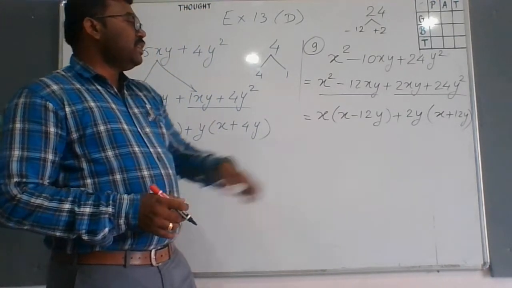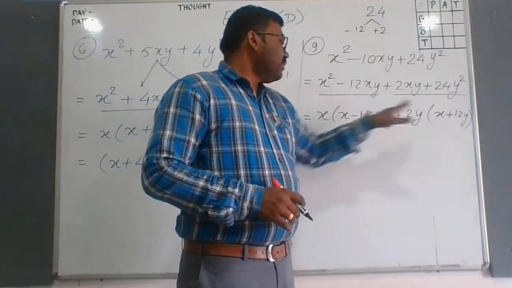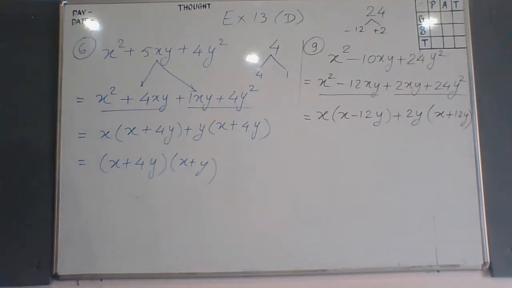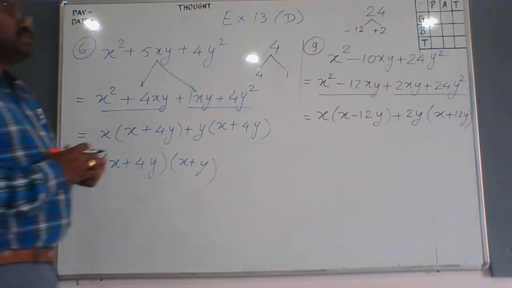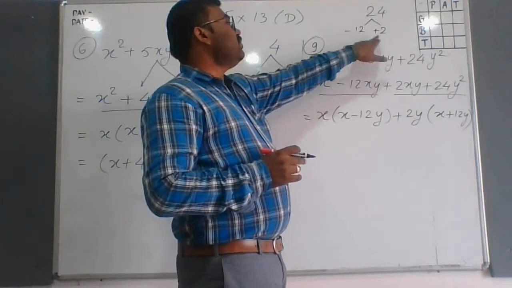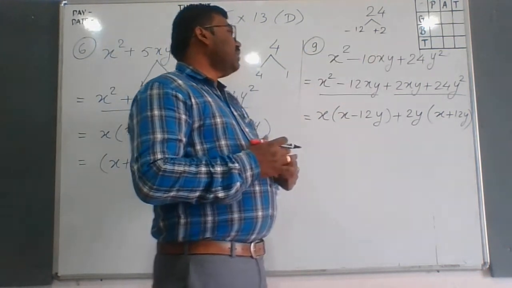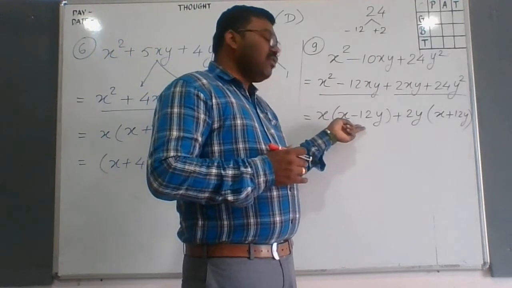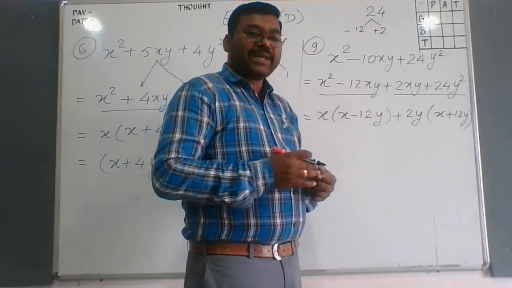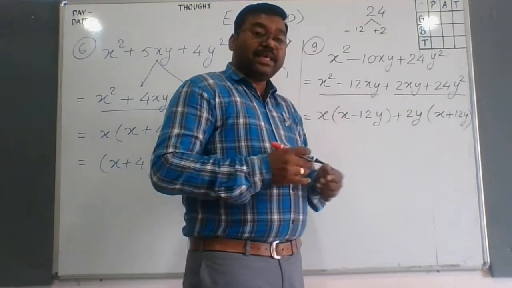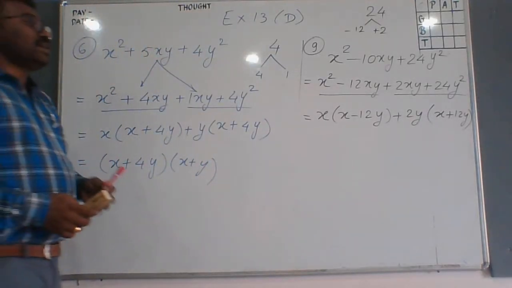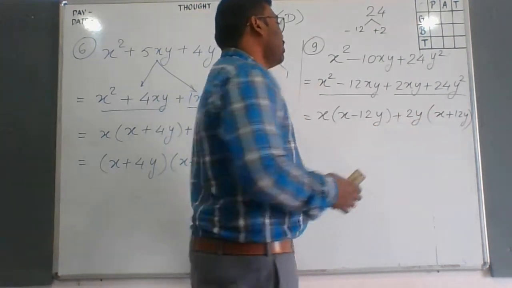Now, if we think about these two brackets, they are not the same. It means the factors that we have taken here are not correct factors. Because whenever we are solving this, we should get the same brackets, no? But here we are not getting the same brackets. So therefore, now we are going to change the factors again because these two brackets are not the same.